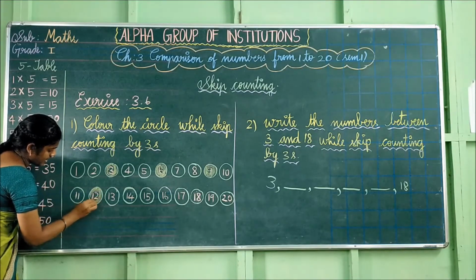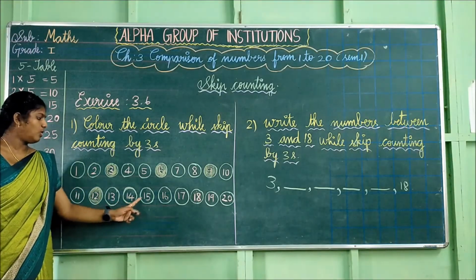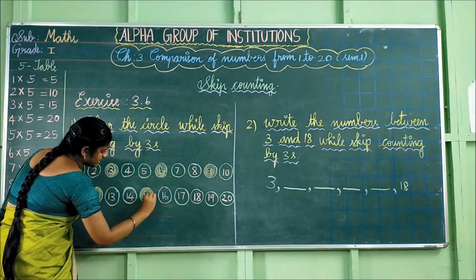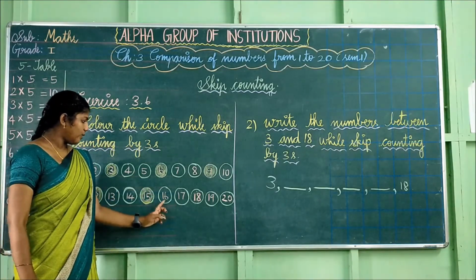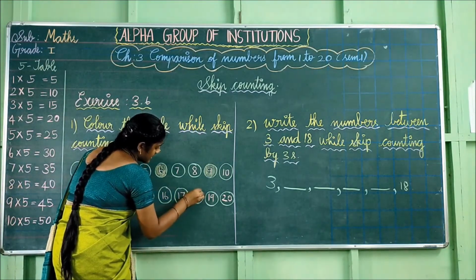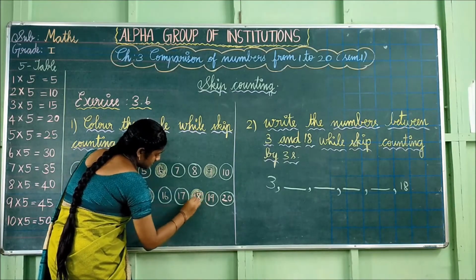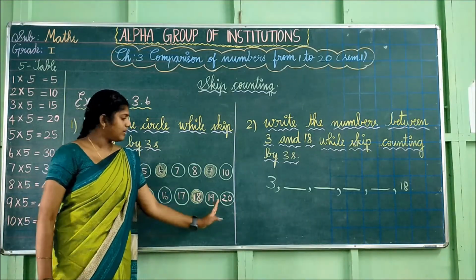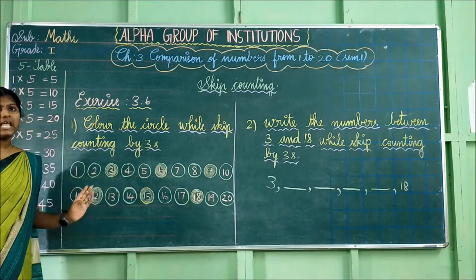See here I have colored this circle. Then again count with me 1, 2, 3. This is third one. So I am going to color this circle. So we have colored this one. Again 1, 2, 3. So this number, I am going to color this circle. So we have colored this one. Then see 1, 2 and we don't have any number. Then just leave that. So we have colored by counting threes.